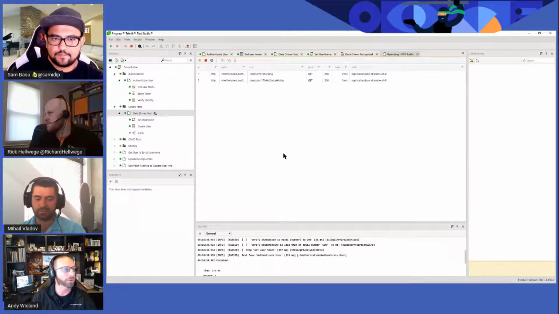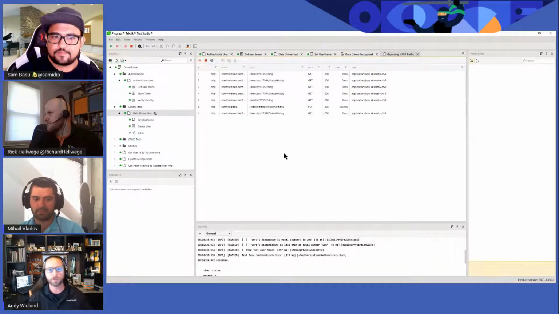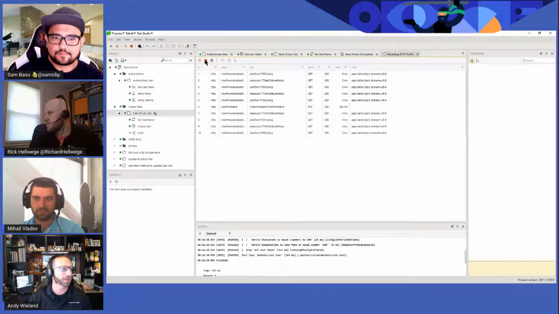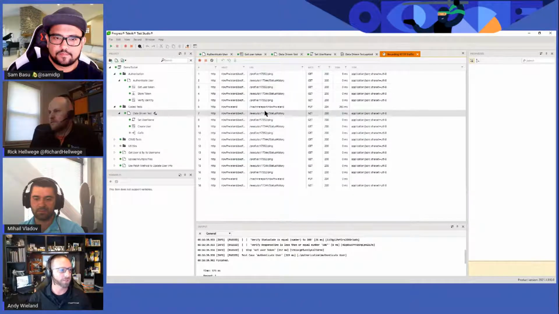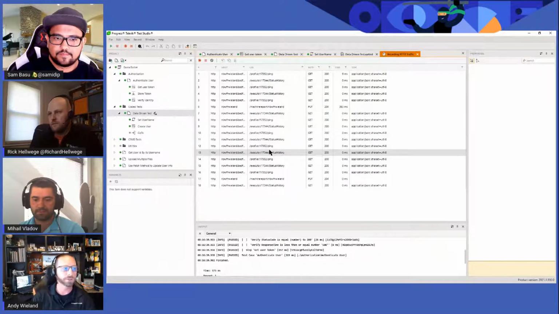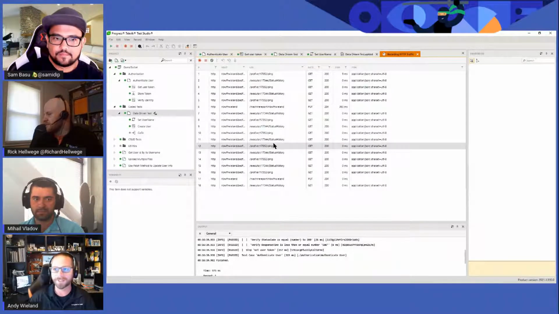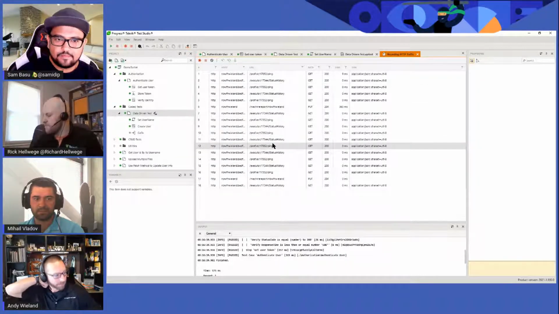And then the last little bit is, let me go ahead and hit record and show you. So you can construct those requests, and I'm just going to let it grab some traffic. It's probably mostly my TestStudio scheduling server that takes care of executing those tests for me, is the only thing that I'm tracking right now. But basically, as I mentioned, you can hit record, you can capture the traffic this way.